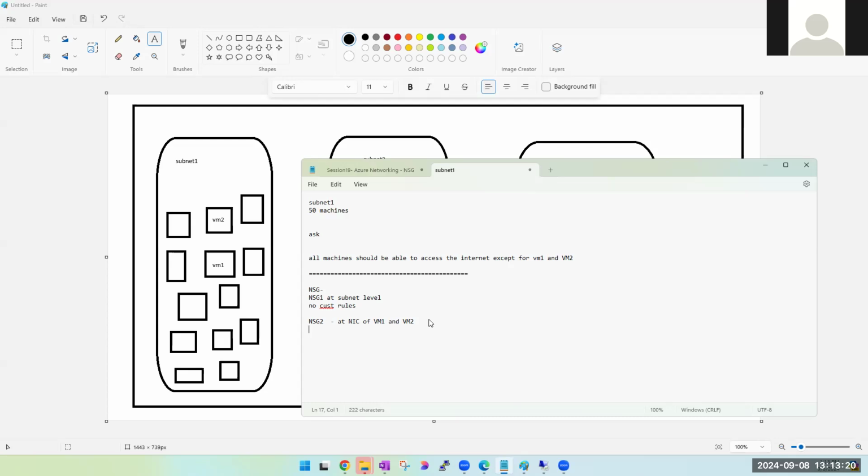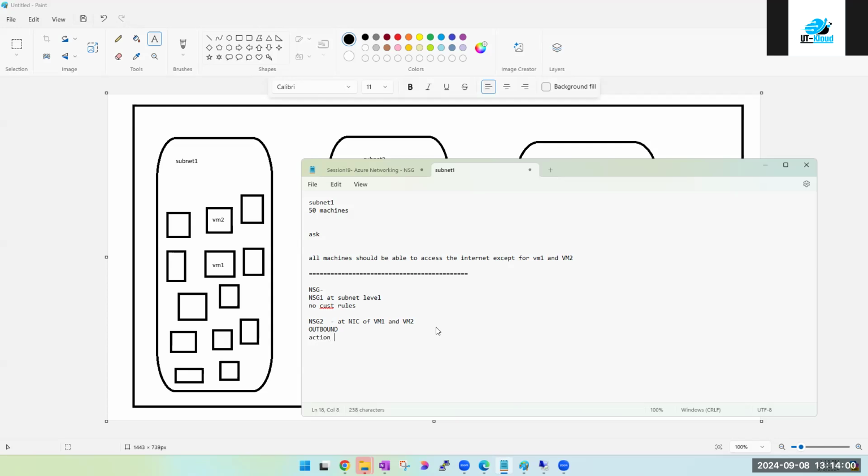Yes, custom rules that allow the internet. So what custom rule will you create? We will also create a custom rule in this, to deny. So you are going to create a custom rule. We will create an inbound rule, deny outbound rule, at NSG2 level. Outbound rule. What is your rule saying then? What priority will you use? Action should be deny.